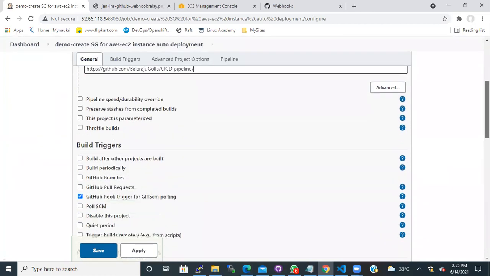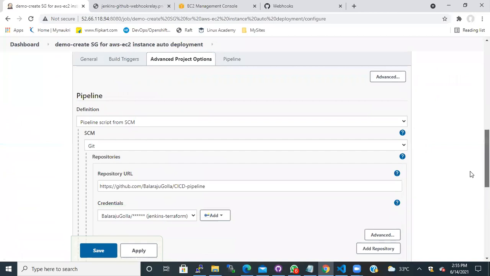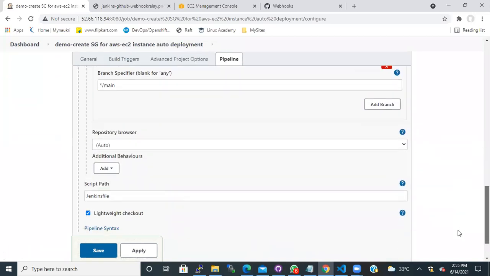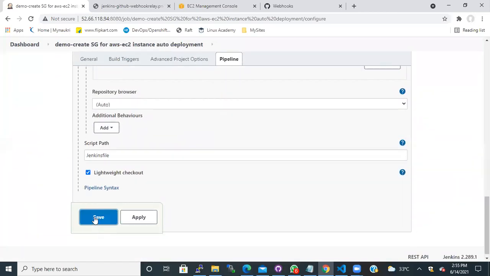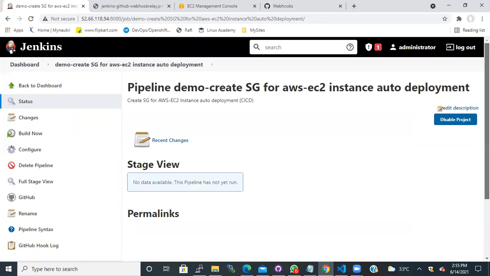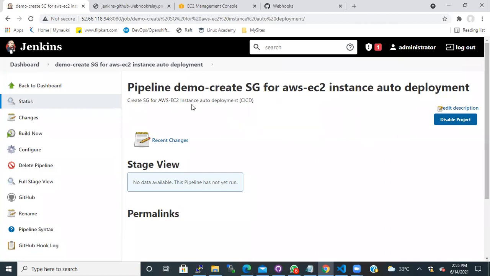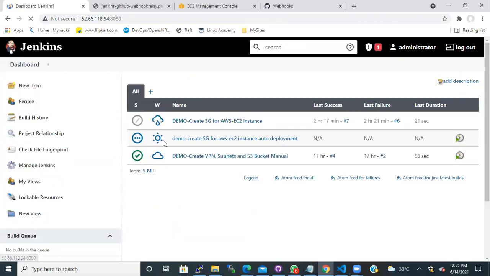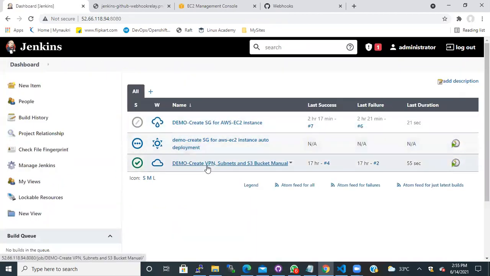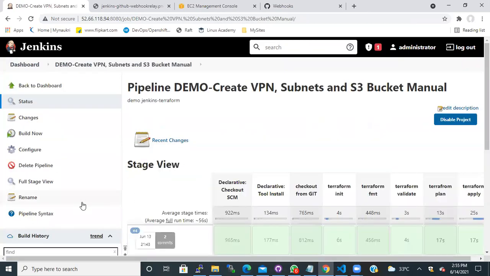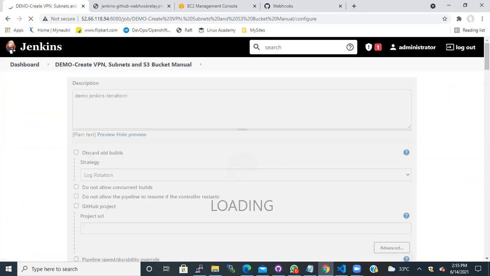GitHub pipeline, Git hook. One minute, let me see what went wrong. Configure.